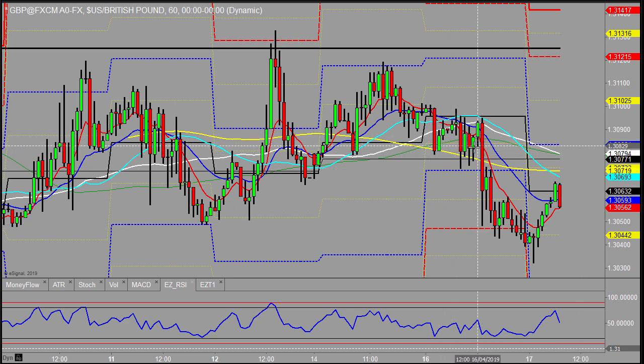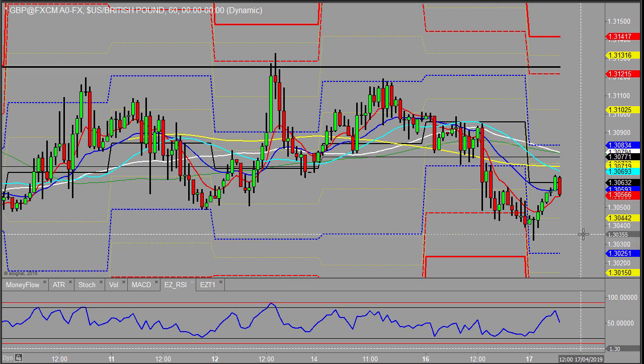roll over. A choppy old day yesterday for most of the time, although it eventually broke down when talks apparently broke down on Brexit. So at the moment, as I say, it's looking weak for me. Where to today? Well, maybe back down towards the Asian session lows there, maybe even down to the S1 on